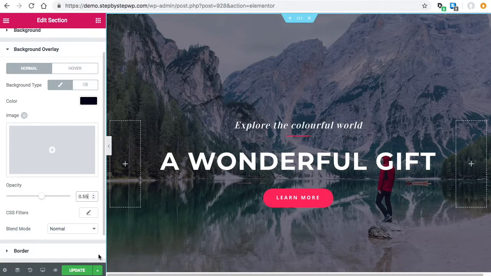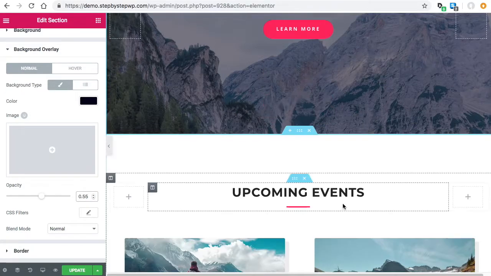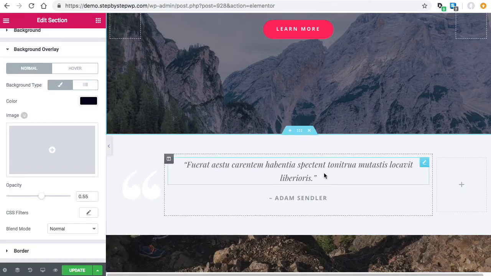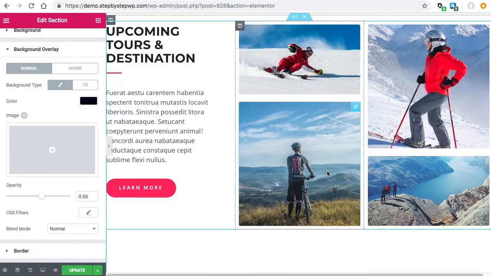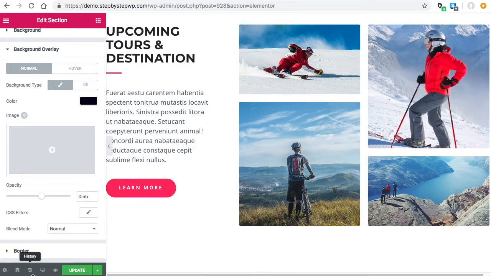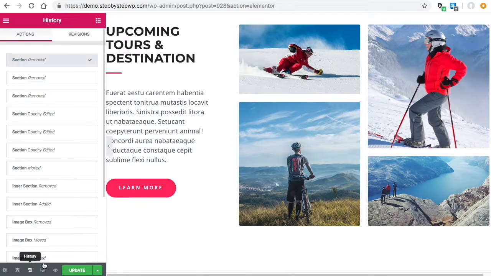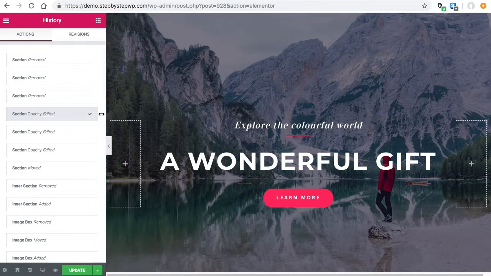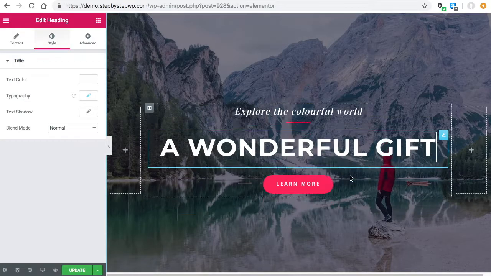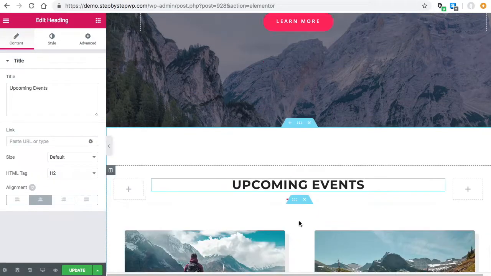And if you don't like what you did and you messed up somehow, like let's say you accidentally erased 3 sections and you were like, oh wait, I really need those sections. You go to the history here, and then here's where the sections were removed, so I'll just go back to the step where I was. So keep in mind, you can always go back with this history option, click a widget to adjust the text,